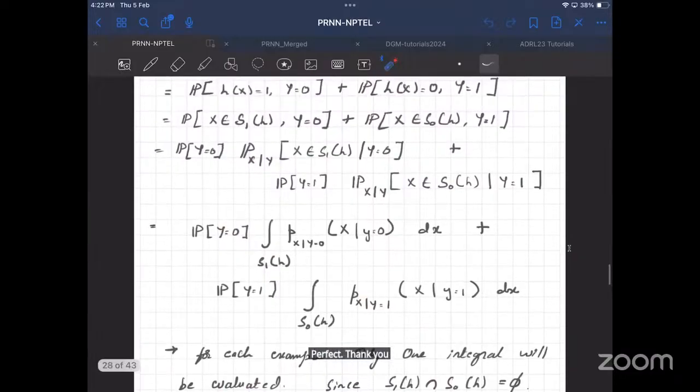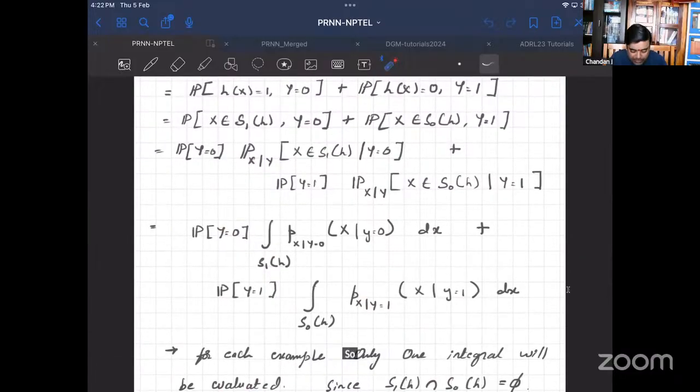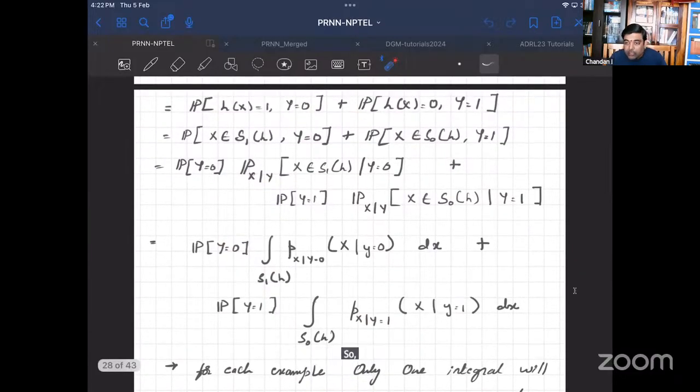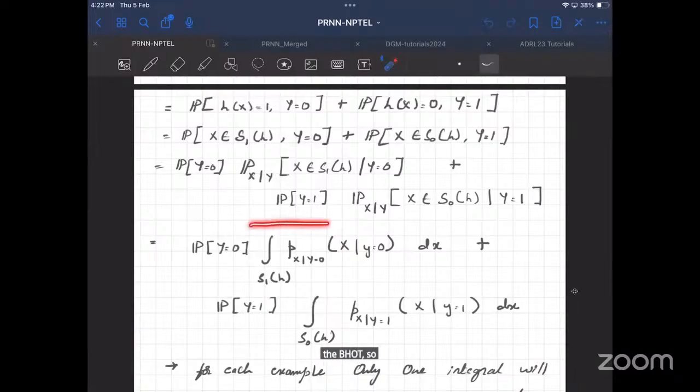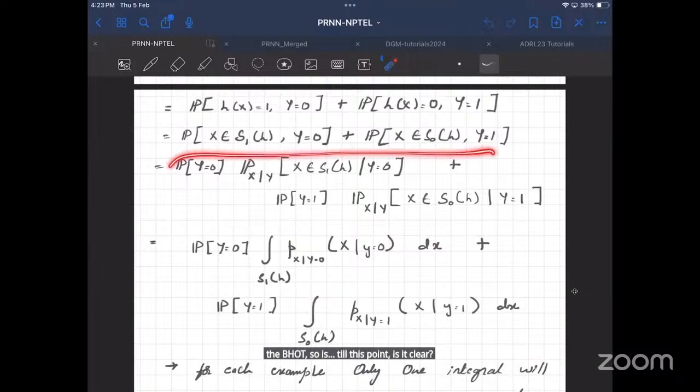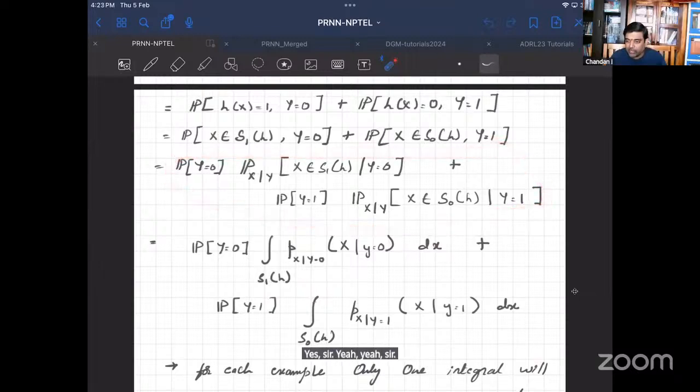Yeah. So now the last step. Dibya Jyoti, till this point, is it clear? Yes, sir. Till this point, it is clear. Okay. So now